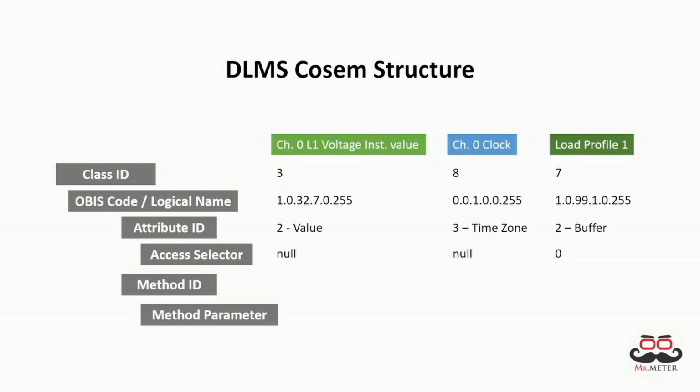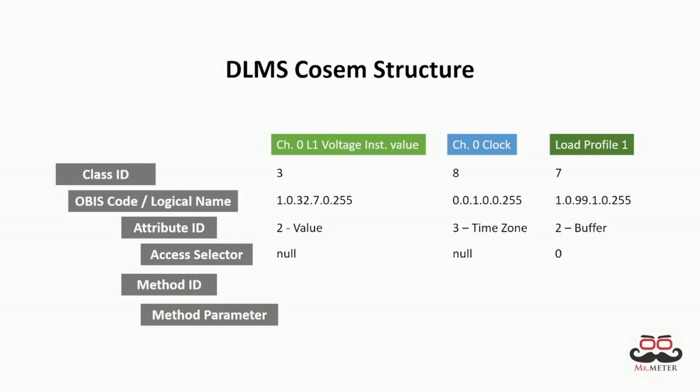But after that, each of these objects has its own attributes. For example, a clock object must have a time zone, and also it must have a value for the time itself and how the time works. Does it abide by daylight saving? All these attributes for a clock go under attributes and go from 1 to whatever